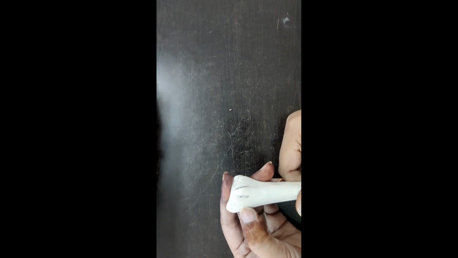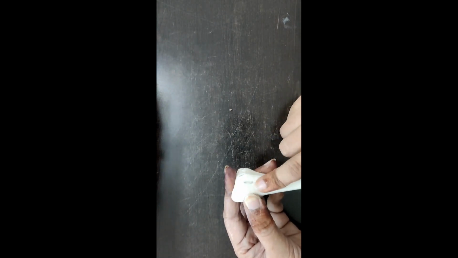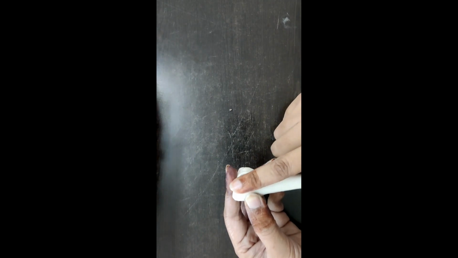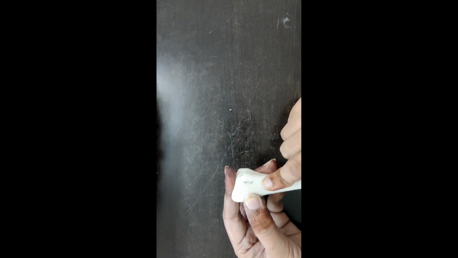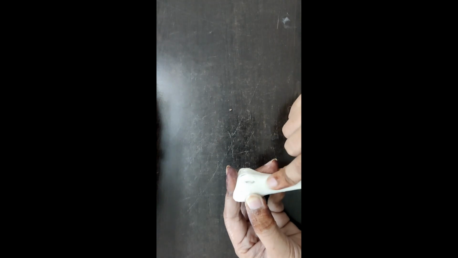Then we have the second groove, that is between the styloid process and the dorsal tubercle. So this is the second groove of this bone. This second groove is providing passage for extensor carpi radialis longus and extensor carpi radialis brevis tendons. So these two tendons, they are passing through this second groove.